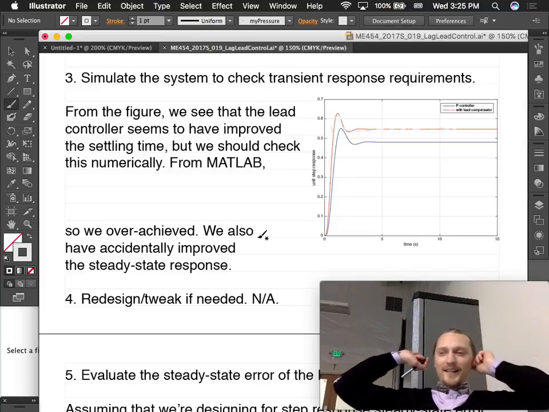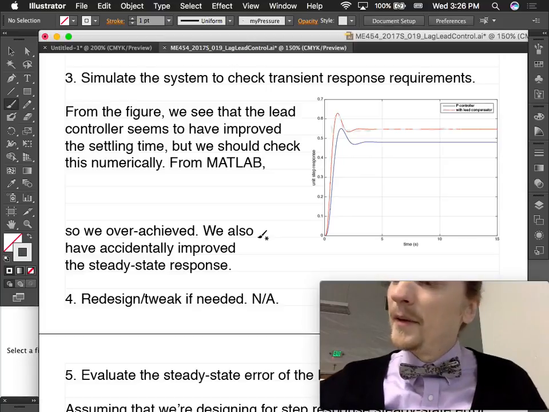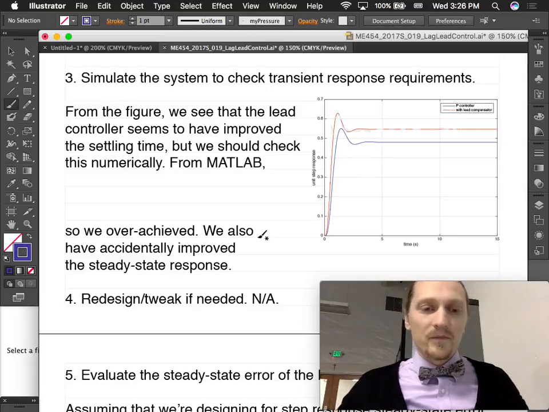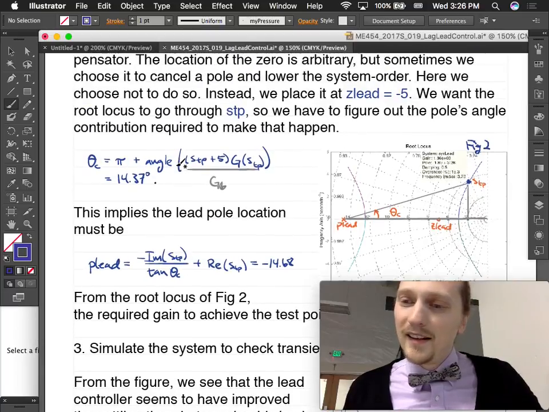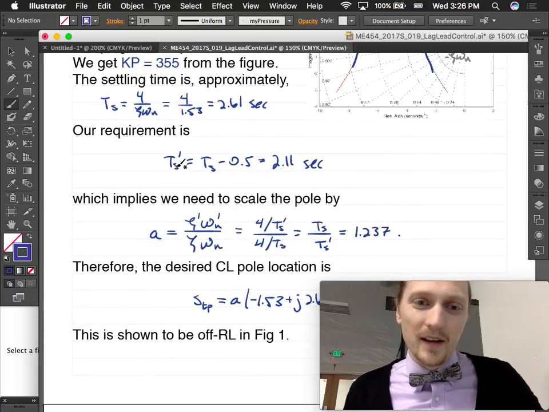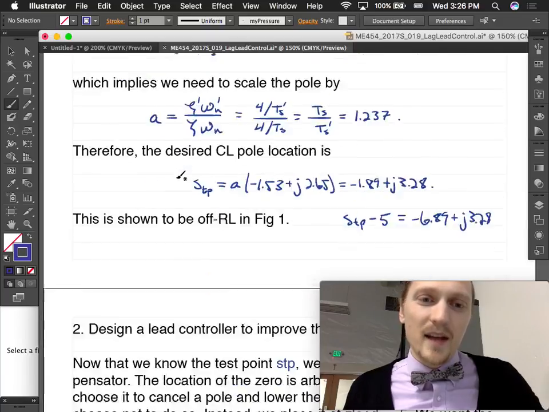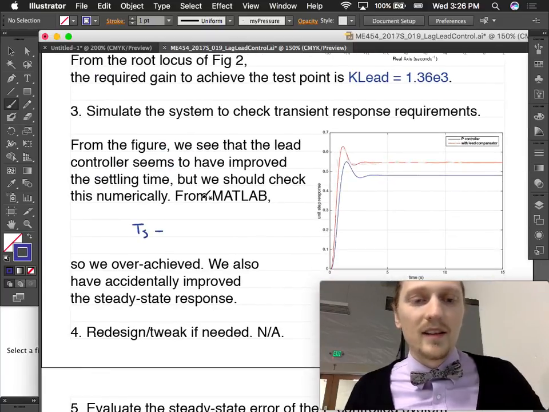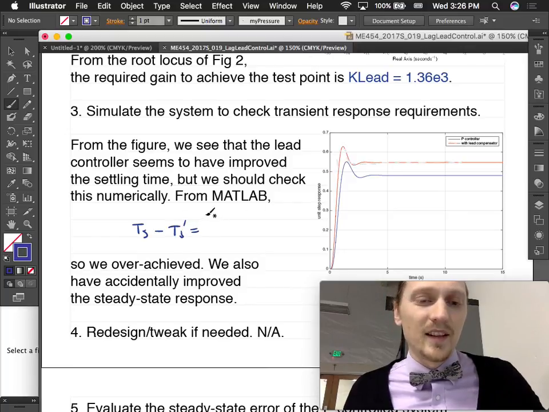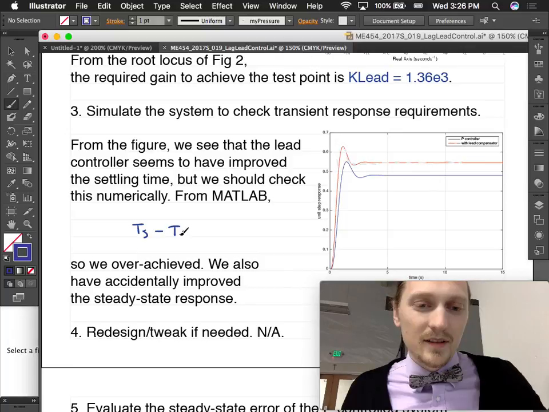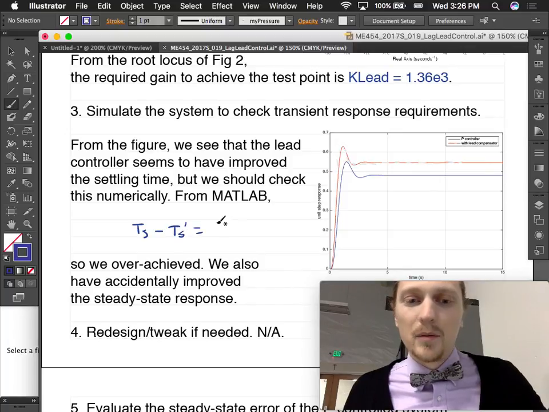Okay, so from MATLAB then we found that our actual... up here I was using it a certain way and I switched. So TS minus TS prime. I didn't switch in my notes, I just switched in the MATLAB script. Is equal to